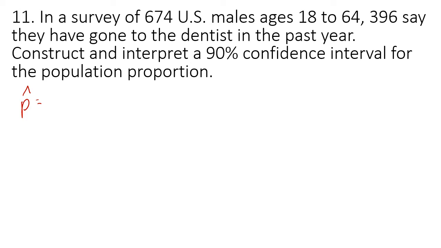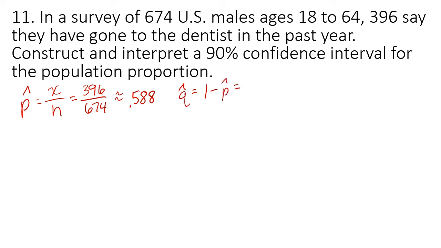So for this one, to find our p-hat, it's the number of yeses or whatever we're looking for divided by the total number of options. So in this one, we had 396 yeses out of the 674 people. And so when you divide that out, that comes to approximately 0.588. But we also need our q-hat, which is the probability of the opposite of p-hat. So it's 1 minus p-hat. In this one, it's 1 minus 0.588,